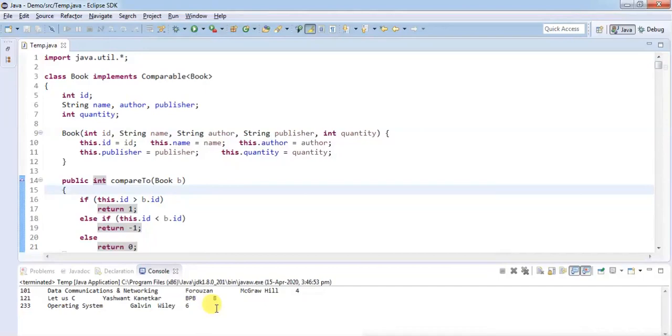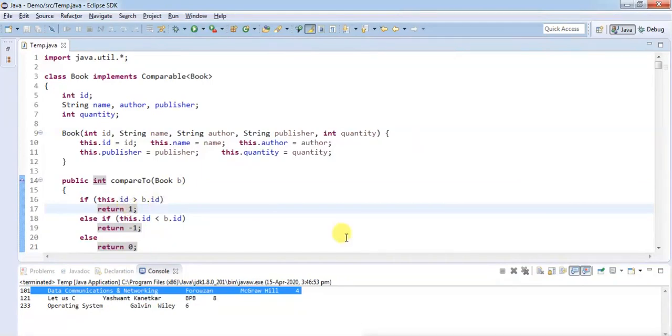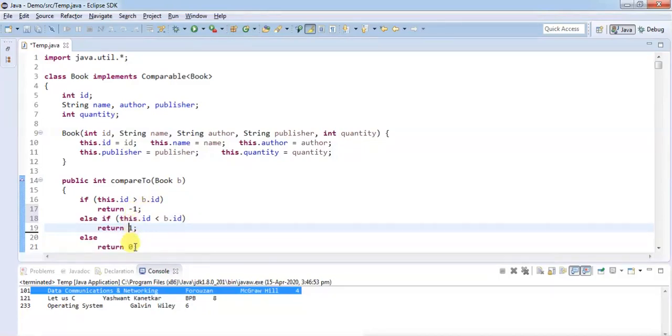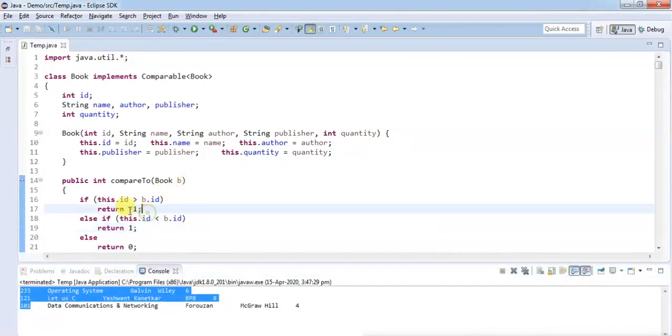Okay, yes, it worked now. See, on the basis of ID, the elements got sorted. All the data has been provided sorted on the basis of ID. So it might have called in order traversal. You could reverse the logic by saying -1: if the first element's ID is greater than the second element's ID, then return -1, otherwise return +1 or 0. Accordingly, it will print in descending order. So it depends on the logic you provide here.